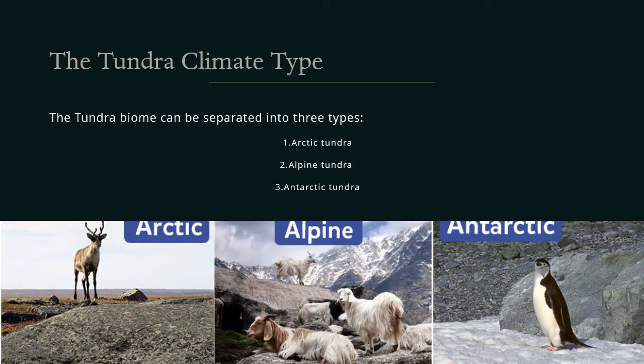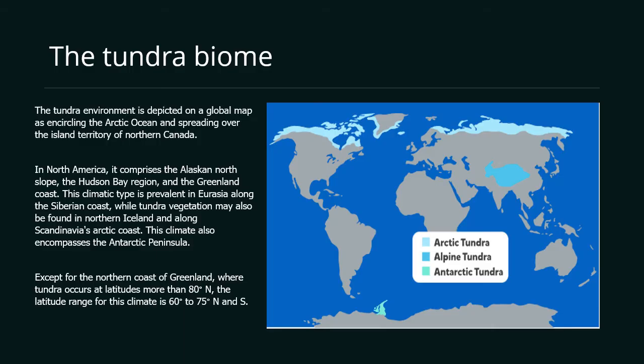Moving on, the tundra climate type. There are three types of climates in the tundra. The tundra biome is separated into three types: the Arctic tundra, Alpine tundra, and the Antarctic tundra. As you can see in the picture on the right here, this type of climate exists in North America